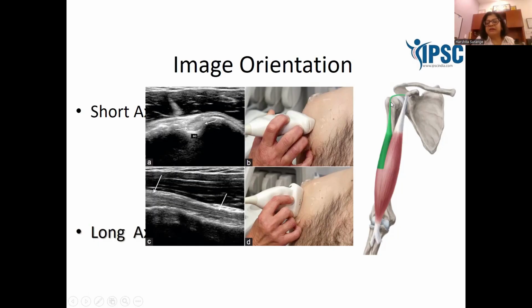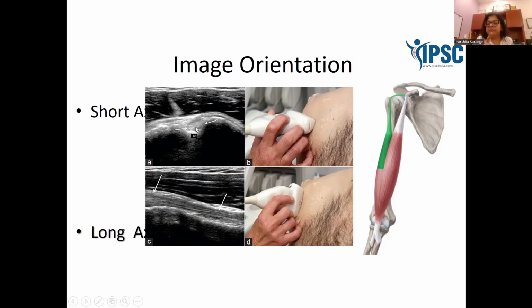So now if we have to scan this bicipital groove, we place our probe first transversely over the lesser tubercle and the greater tubercle. When you place it over the lesser and greater tubercle, you see a bump, the lesser tubercle, the greater tubercle, and between them there is a groove which lodges an echogenic structure with a hypoechoic rim, and that is nothing but the biceps tendon.